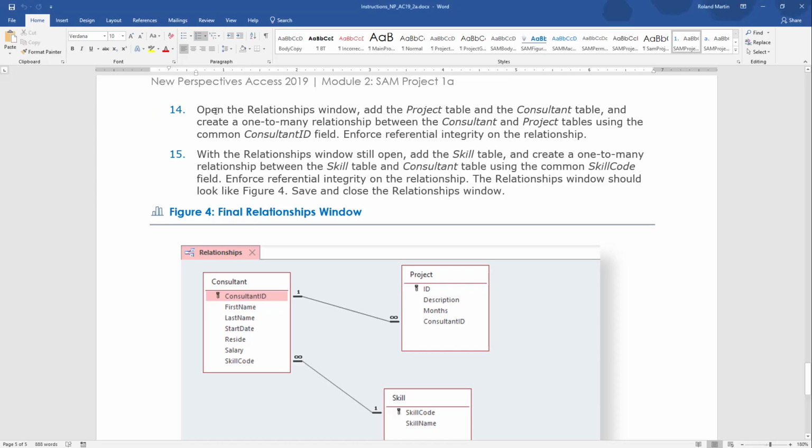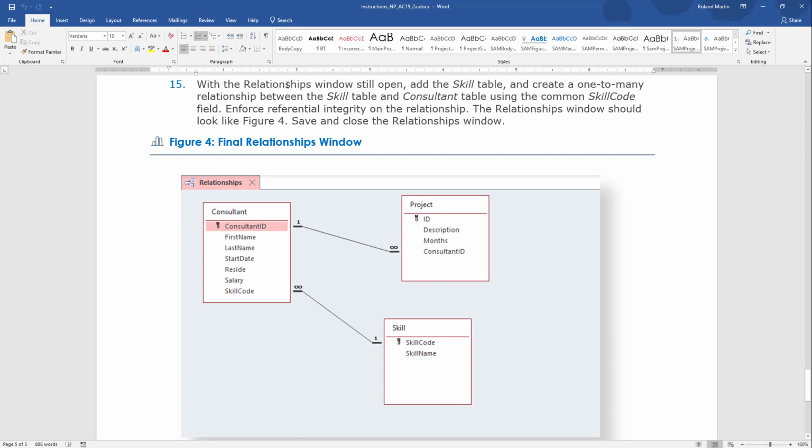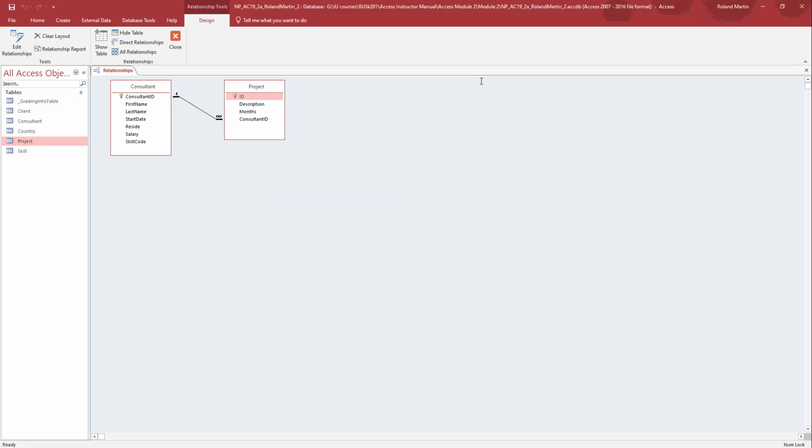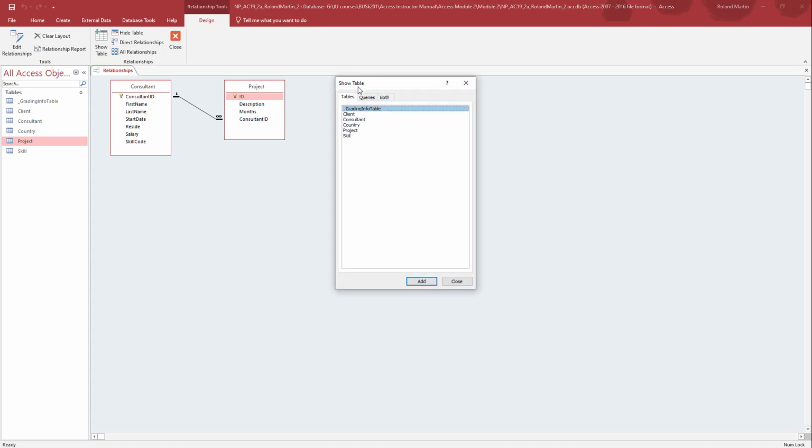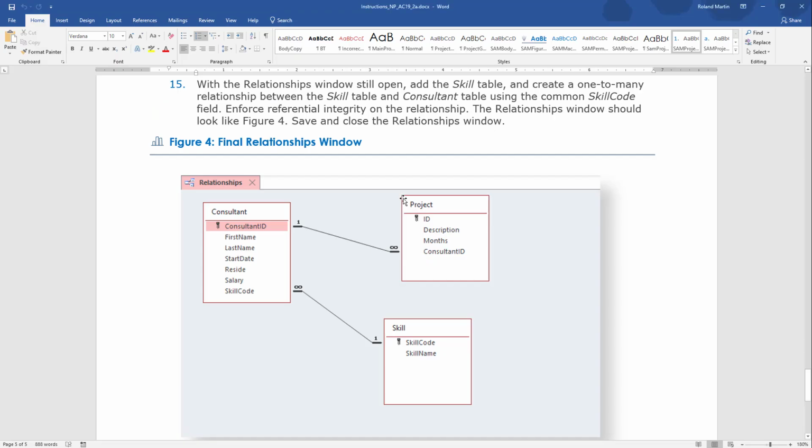Let's go back. We're ready for step 15. With the relationship window still open, we're going to add the skill table. Okay, let's add the skill table. Come back over, click this show table button once again in the relationships group, and we're going to go ahead and add our skill table. We can hit add, close, come back over,